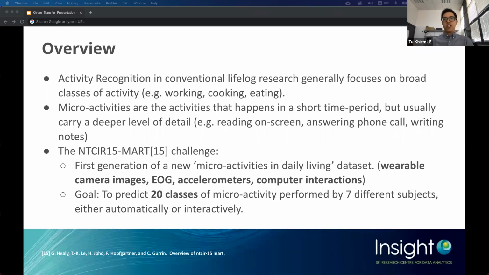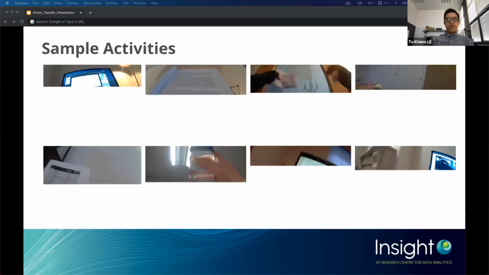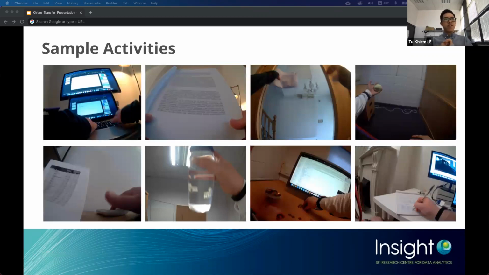such as the EOG to capture eye movements and the accelerometer to capture the hand movements and head movements. So the goal was to predict 20 classes of microactivities. Here are some of the microactivities that we are interested in, like drinking water, counting money, playing with a